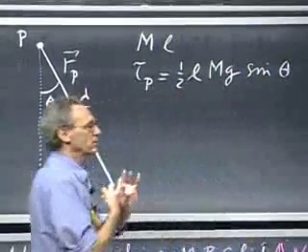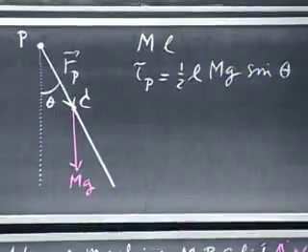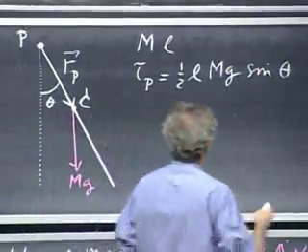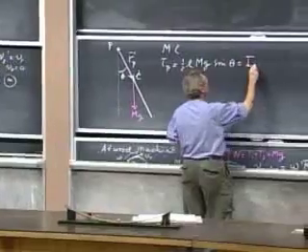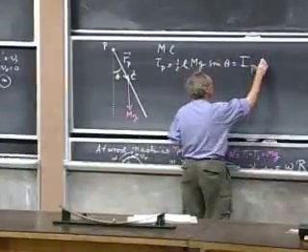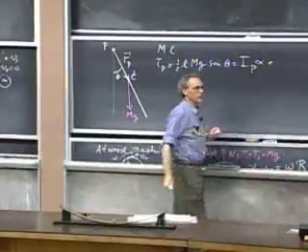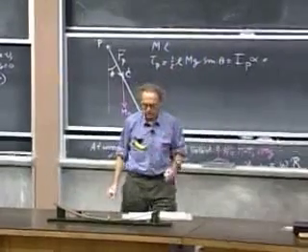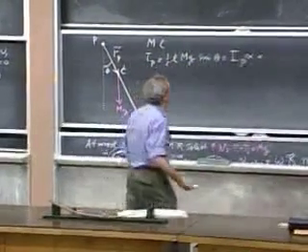The cross product has the sine of the angle in it. So this is the torque relative to point P, which also must be the moment of inertia about point P times alpha. No different from what we just had with the pulley. So alpha